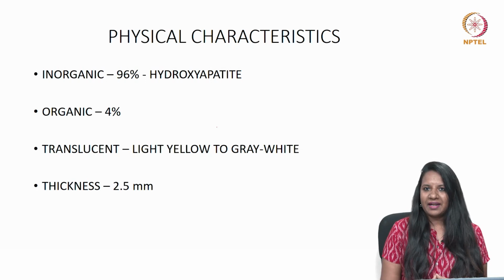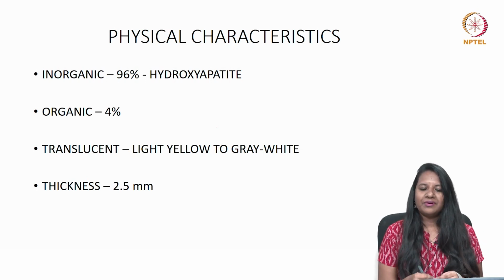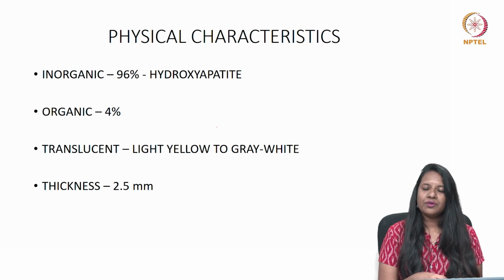Moving to the physical characteristics, the enamel consists of 96% inorganic material, which comprises hydroxyapatite crystals, that is calcium, phosphate and carbonate ions. Traces of selenium, lead and fluoride are incorporated if these trace elements were present during the formation of enamel, and it consists of 4% organic material. Dissolution of these ions leads to the formation of dental caries.